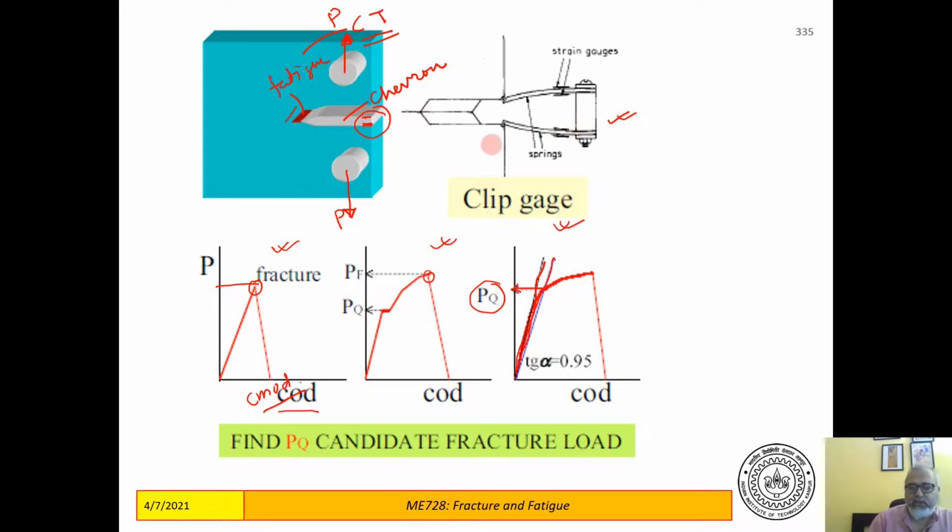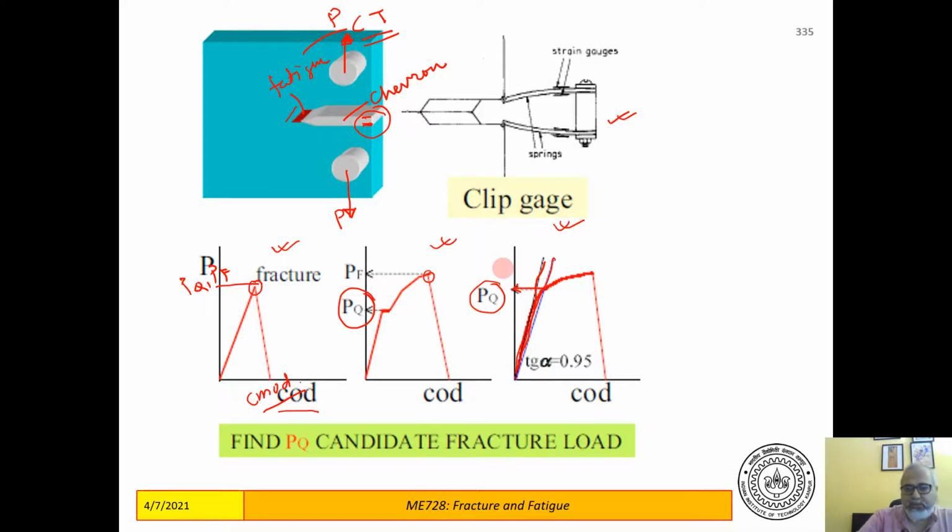So we generally use, according to the standards, this value PQ. In this case, PQ and PF are the same. In this case, PQ is obtained by drawing this 5 degree line, and in this case PQ is clearly visible. So in either case we use PQ,